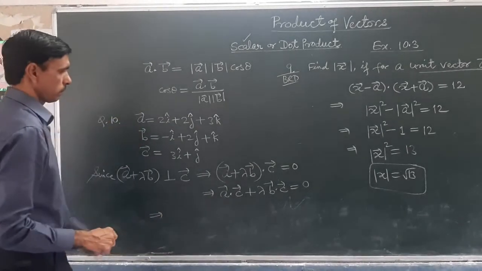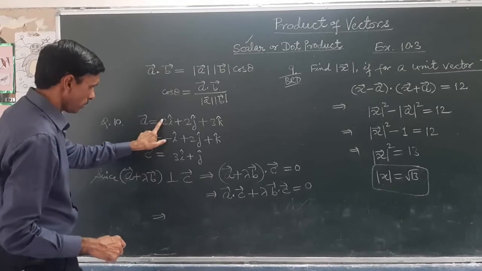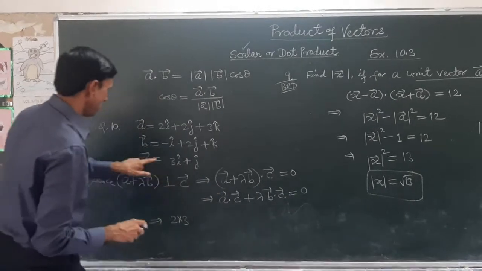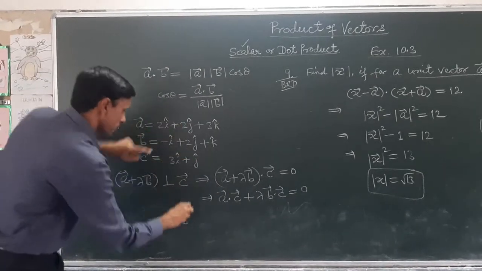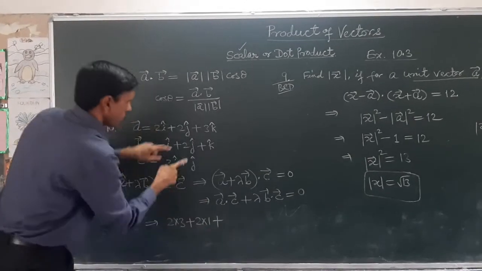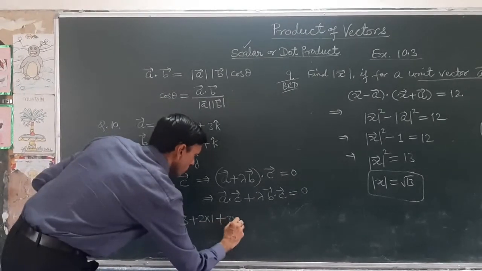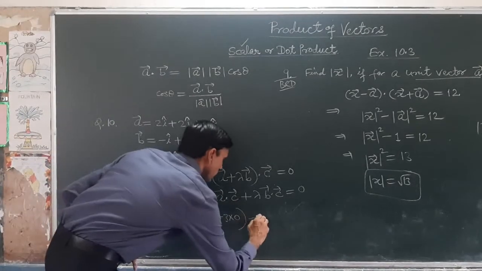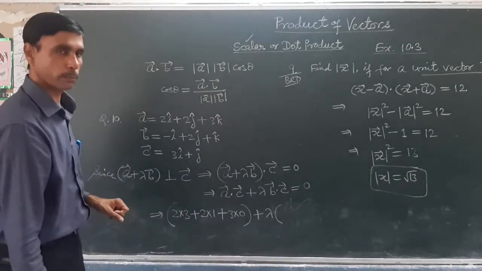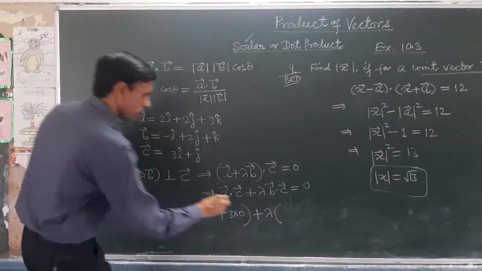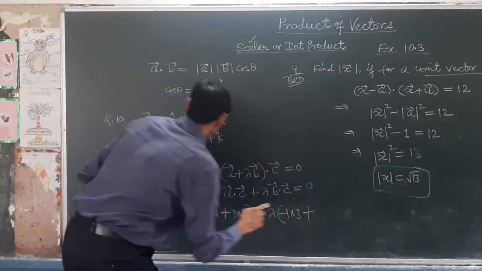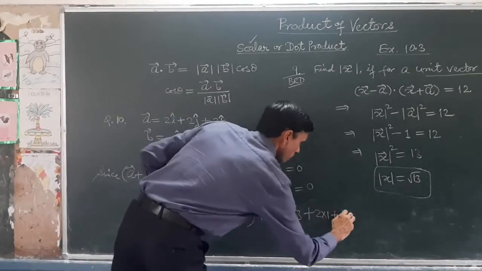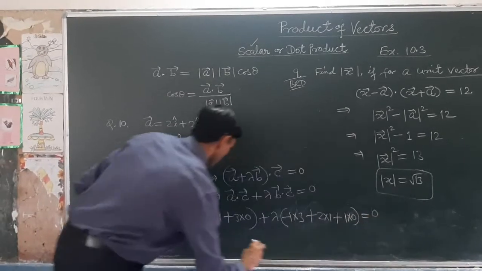yes, a dot c डायरेक्ट कीजिए, i कोफिशिएंट 2 into 3, then कोफिशिएंट ऑफ j and this 2 into 1, कोफिशिएंट ऑफ k 3, यहाँ पे नहीं है तो 0, 3 into 0, व्हाट इज दिस, a dot c। उसी तरीके से प्लस lambda इज कांस्टेंट b dot c, सेम minus 1 into 3 plus 2 into 1 plus 1 into यहाँ पर k की टर्म नहीं 0, 1 into 0 equal to 0।